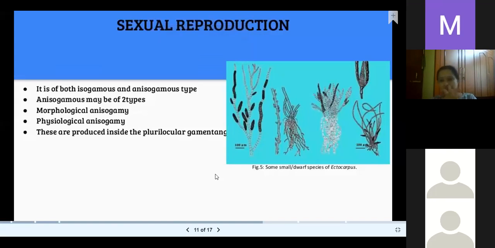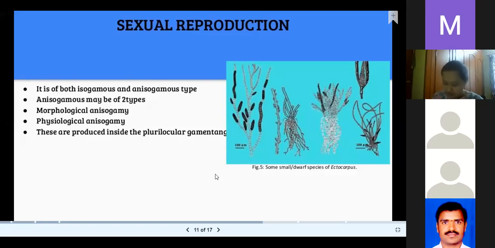Yesterday, I explained the Ectocarpus, no? In the Ectocarpus, see here, girls, what is the Ectocarpus? Marine algae. I'll explain in the PO5C member. That is one marine algae. In this Ectocarpus, 2 types of reproduction are there. One is the asexual and the second one is the sexual reproduction. Yesterday, I think asexual reproduction was totally completed.